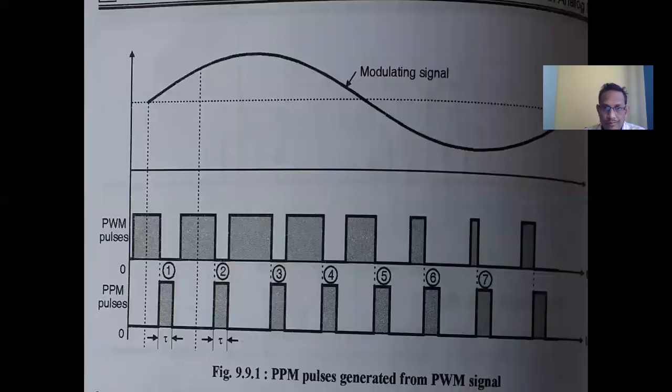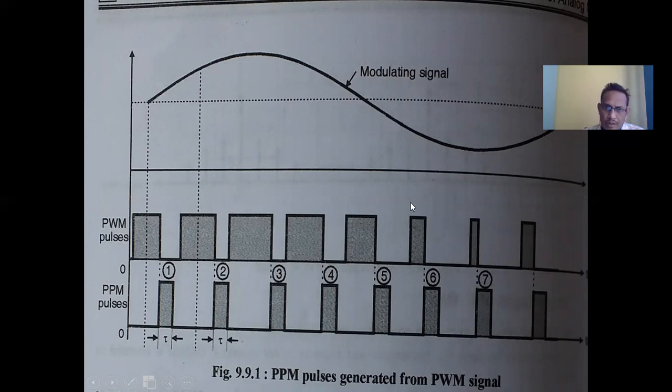Okay. So this is again the pulse width modulation. Another example. So this is called the modulating signal, and this is the high frequency. This is nothing but the pulse width modulation. So maximum amplitude, maximum width, minimum amplitude, minimum width.